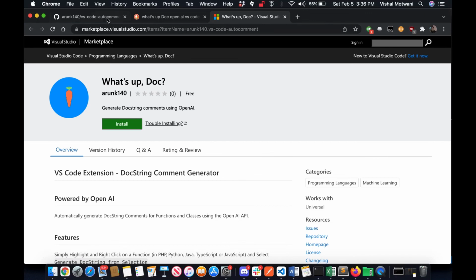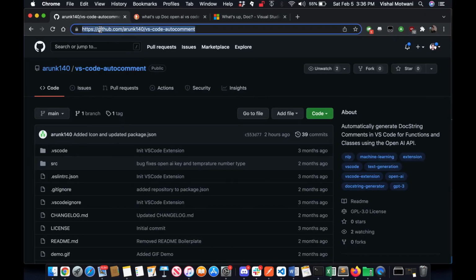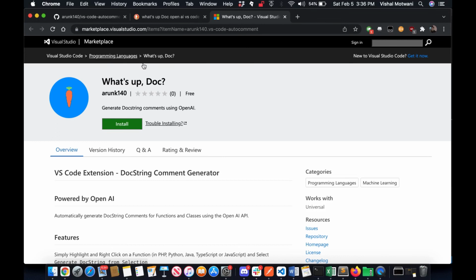One thing I would like to highlight is this is an open source project, VS Code Auto Comment. Please send us pull requests or create issues and we'll get back to you and try to improve this project along with you. This is the extension What's Up Doc